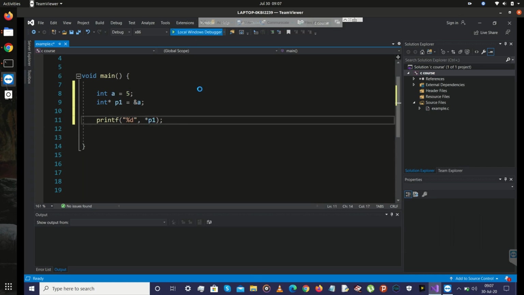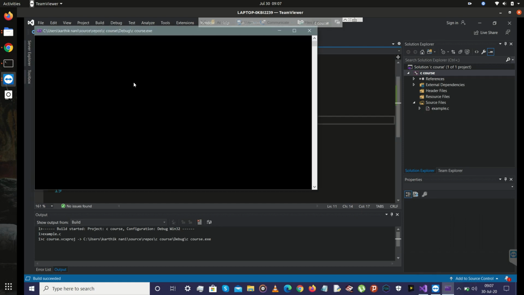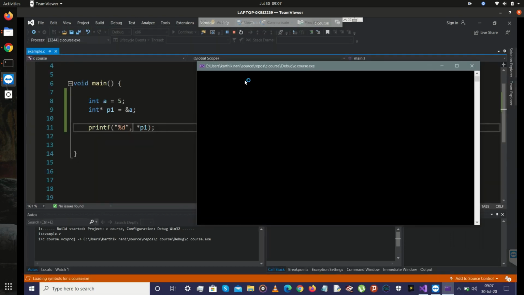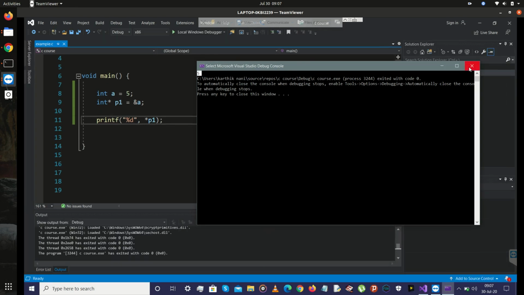Now let me run this program. Now you will see the value 5 as an output. There you go, the value 5.